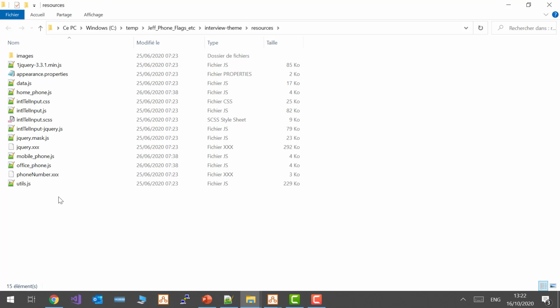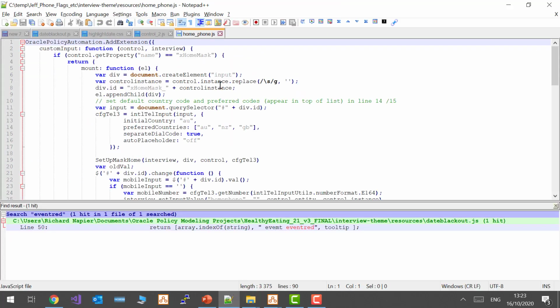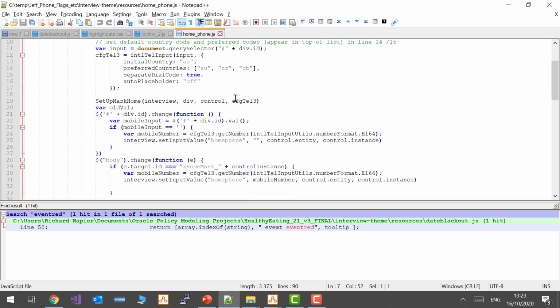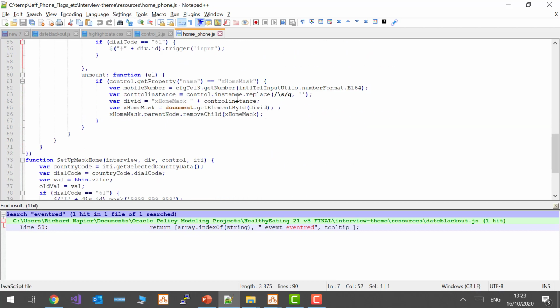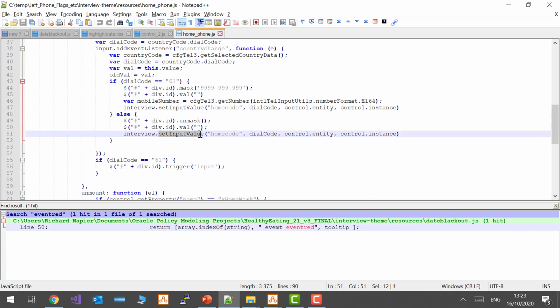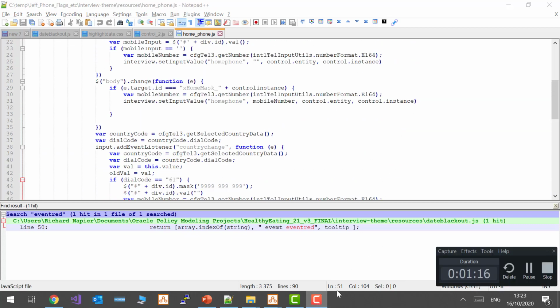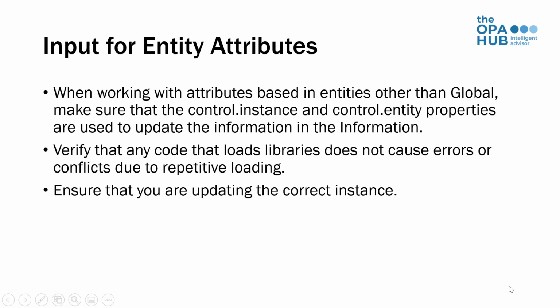the key for that one to work, aside from the obvious need to implement some external library code, is to ensure that we use control.instance and control.entity whenever we're taking care, for example, of setting a value. So up here we have, for example, set input value, and we're setting one of the values and we're using control.entity and control.instance. So an important feature of that example was ensuring that you were using set input value and handling control.instance and control.entity. So in your extension, you actually have access to the control object and the control instance and control entity properties. So there's not much you have to do except just to remember to include them in your set input